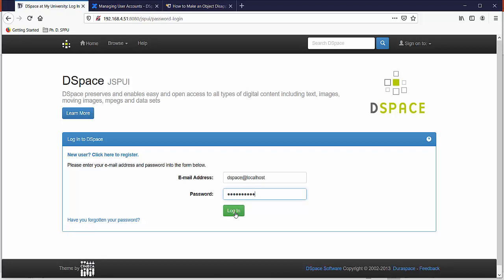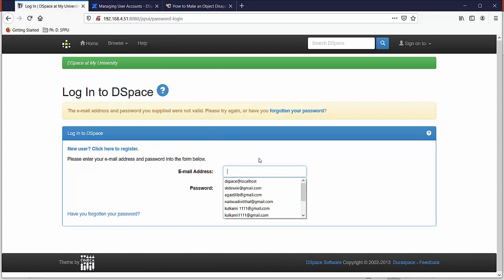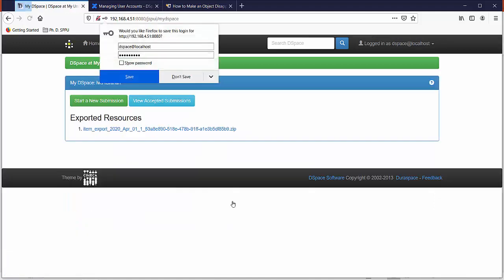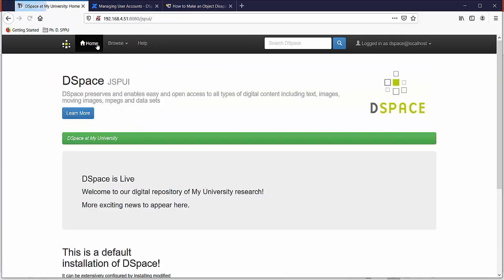Let's click the login button. In this way you can log into your DSpace account.